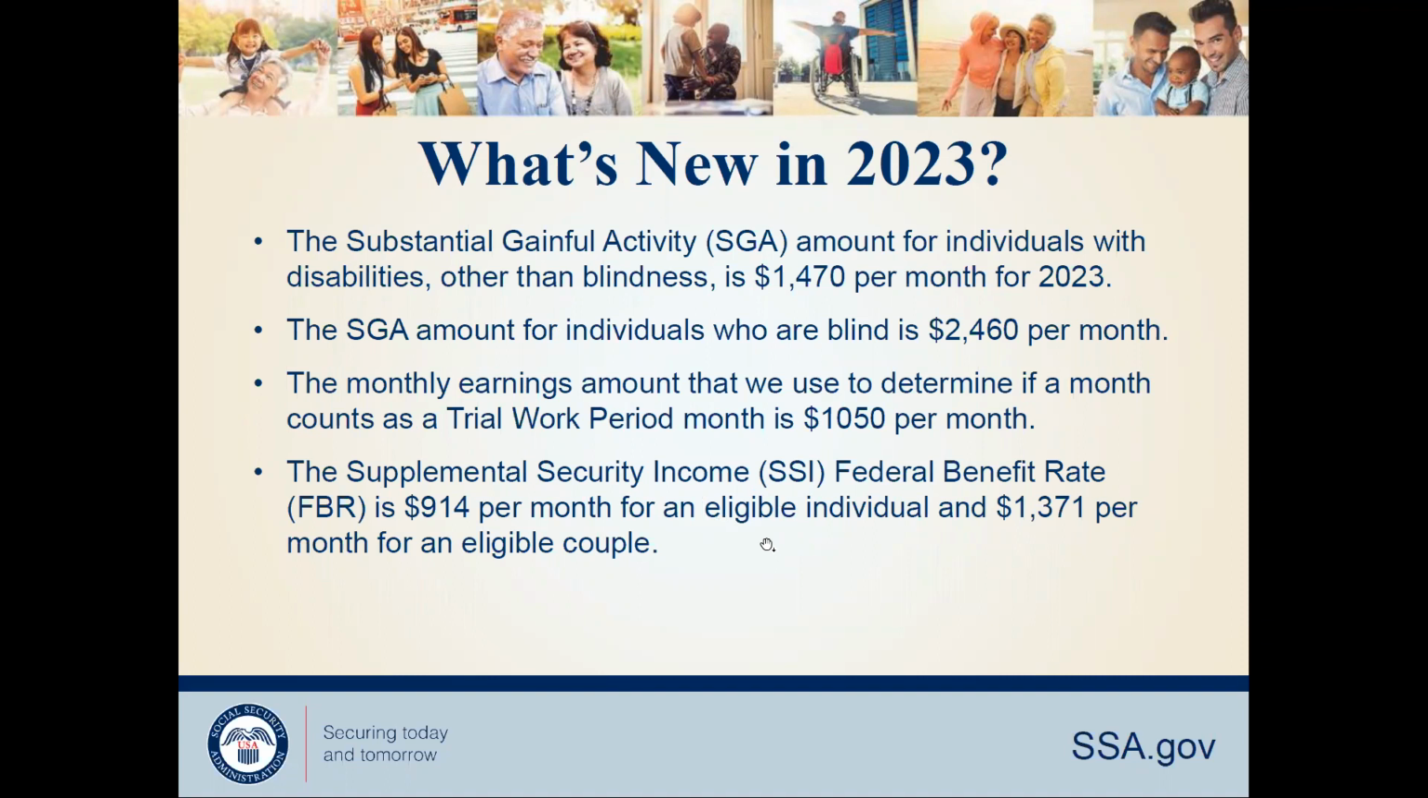Then what else is new in 2023? Substantial gainful activity, that's SGA. The SGA amount for persons with disabilities other than blindness is $1,470 per month in 2023. For persons who are blind, the amount of earnings that indicate SGA is $2,460 per month for 2023. And then trial work period months. The monthly earnings that we use to determine if the month counts as a trial work period month is $1,060 per month in 2023. And the federal benefit rate. For 2023, the SSI is now $914 per month for an eligible individual and $1,371 per month for an eligible couple. And the last slide is